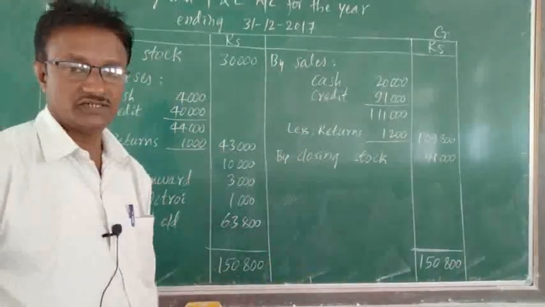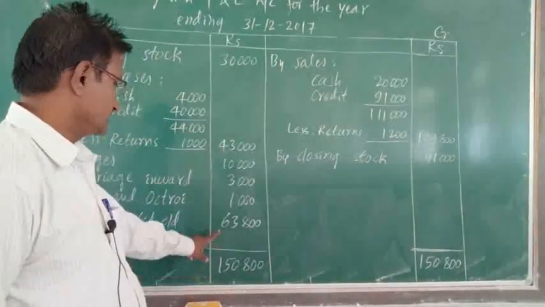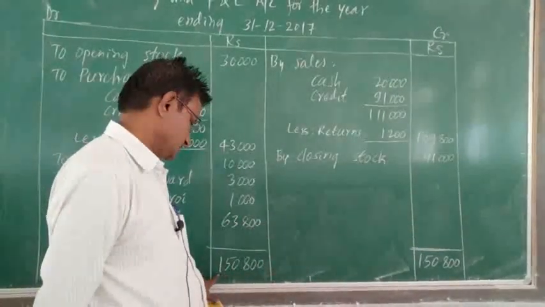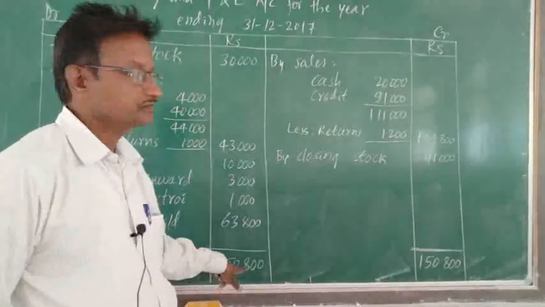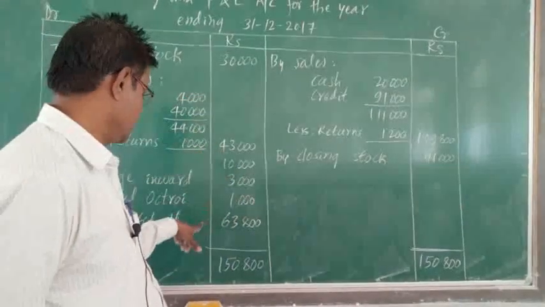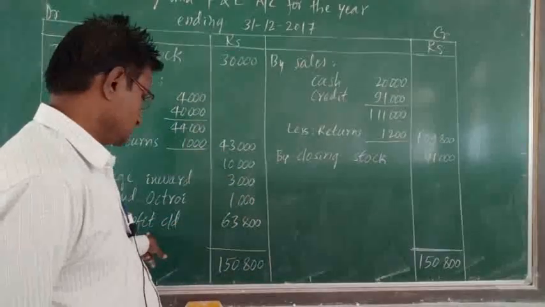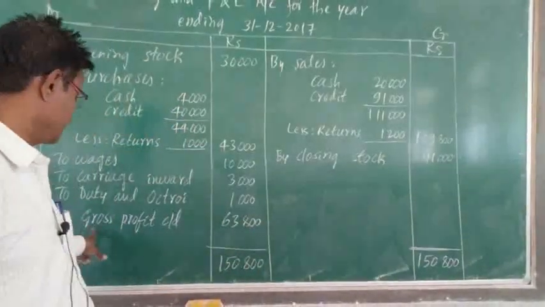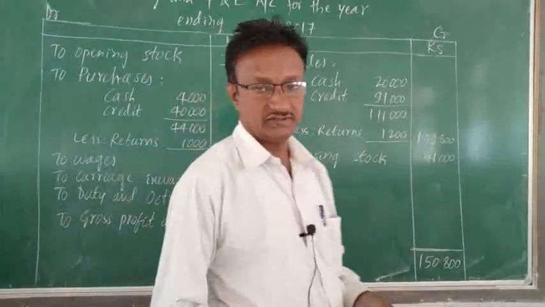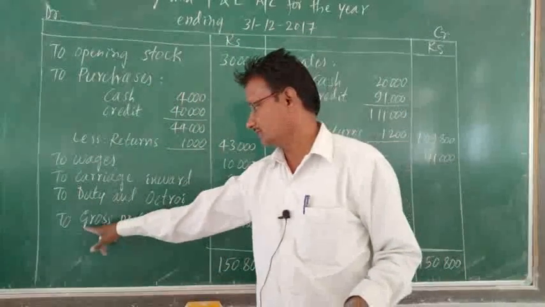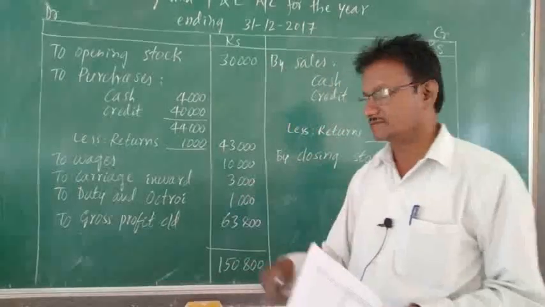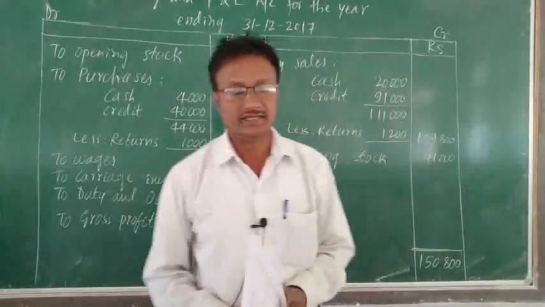So take the total on the credit side and ascertain the difference on the debit side. The total 1,50,800 is taken on the debit side, and after deducting all debit entries, the balance is 63,800, and it represents gross profit. So we have to write as to gross profit carried down, and this gross profit has to be taken in